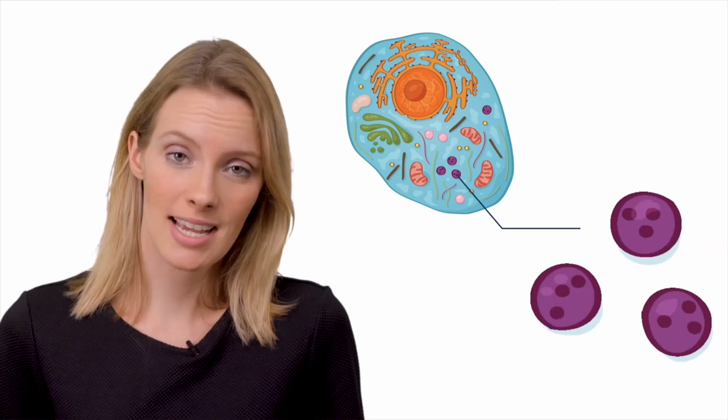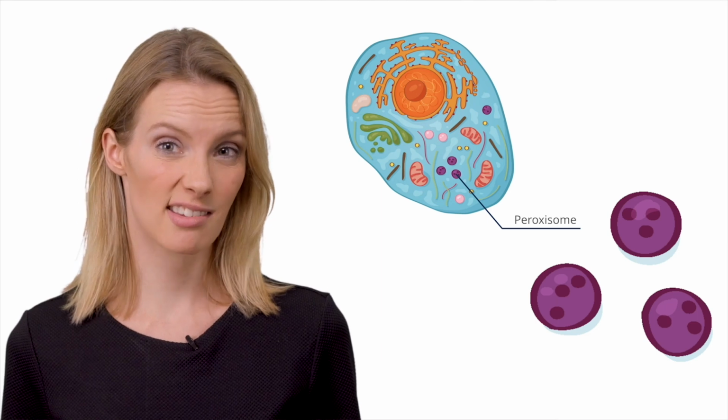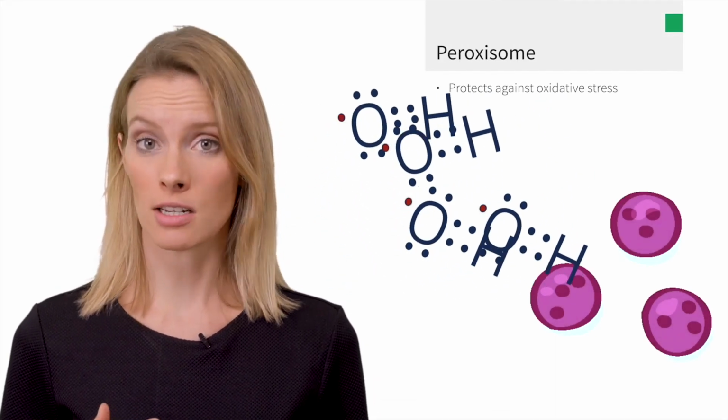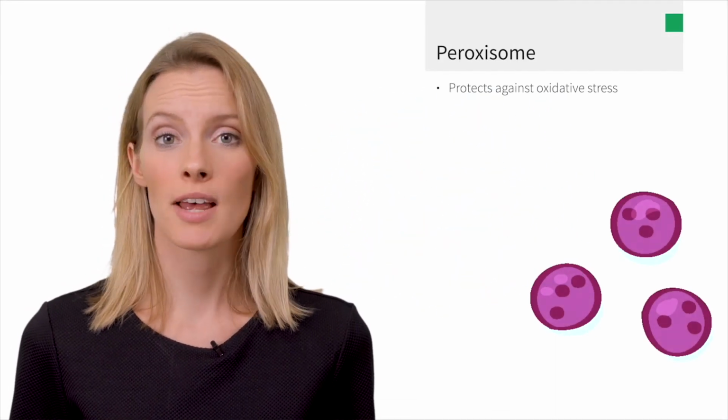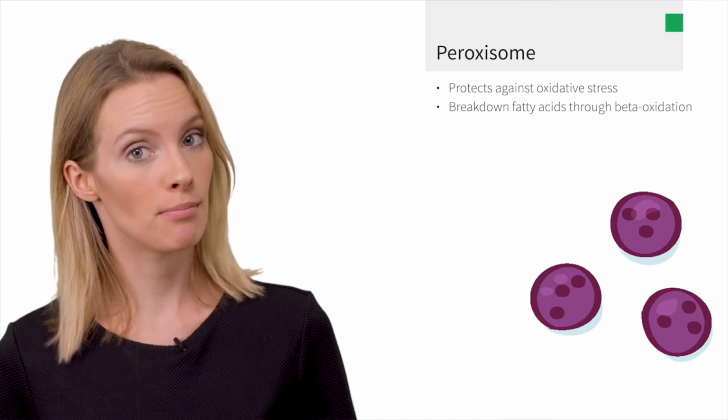The last organelle of importance is the peroxisome. As its name implies, the peroxisome accumulates and neutralizes peroxides, like hydrogen peroxide. If you've ever doused a wound with hydrogen peroxide, you know that it's a pretty powerful chemical. And in fact, hydrogen peroxide generates reactive oxygen species that are harmful to the cell. In addition to protecting against oxidative stress, peroxisomes have a critical role in breaking down very long-chain fatty acids via